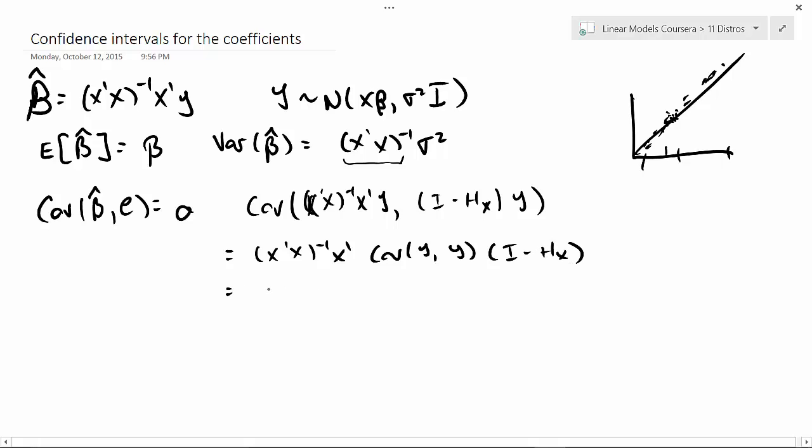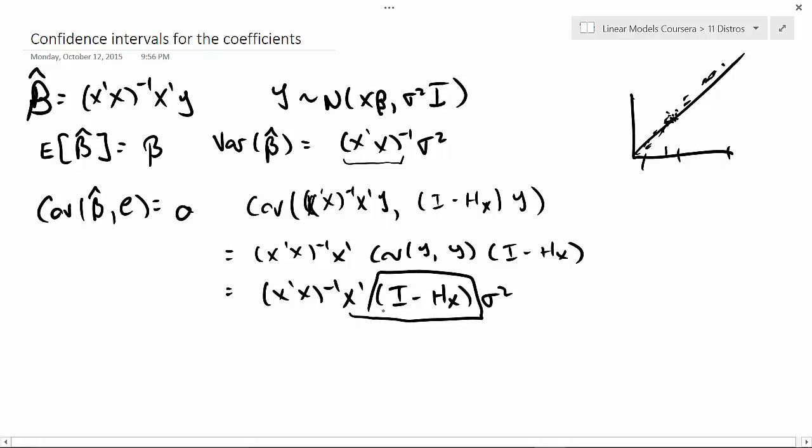Covariance of Y with itself is sigma squared I, so this works out to be X transpose X inverse X transpose times I minus H of X times sigma squared. And then we know that if we multiply this matrix times X transpose, we're going to get 0. So the covariance of beta hat and E